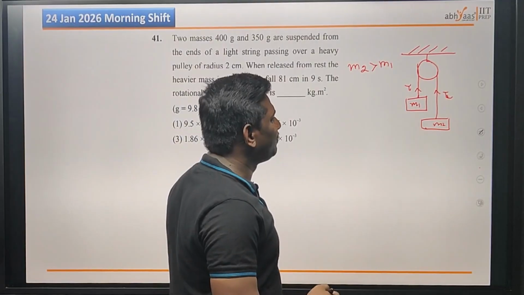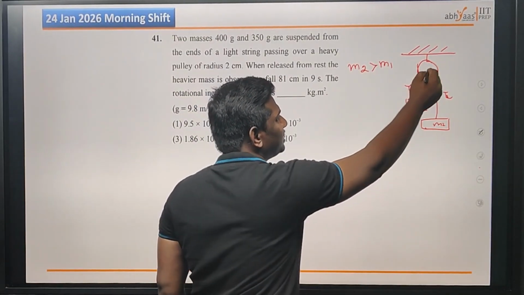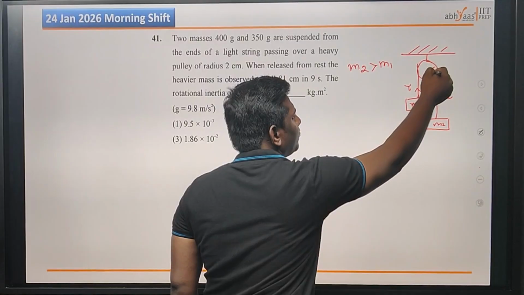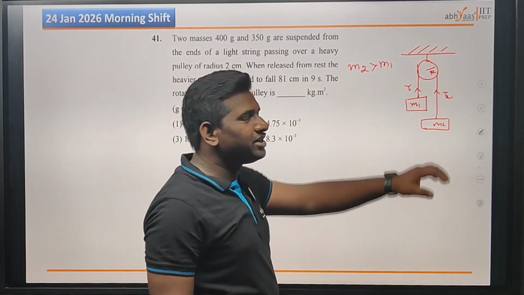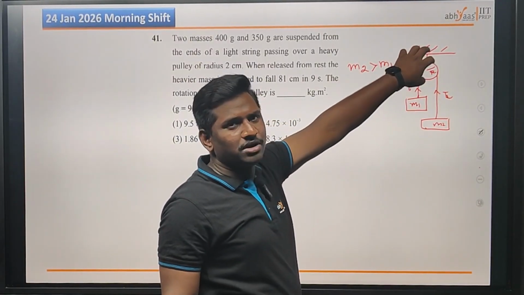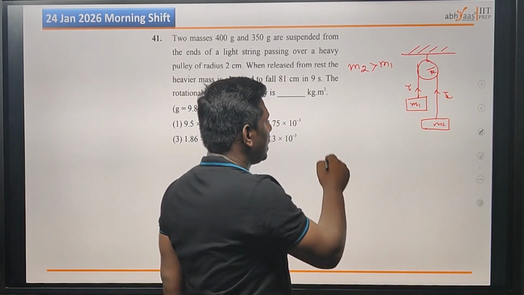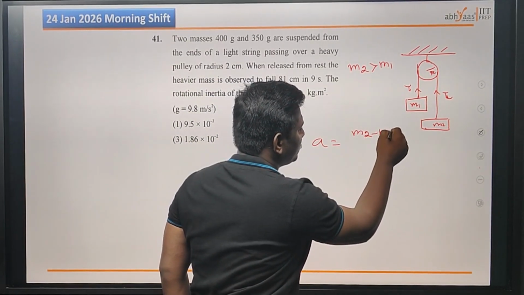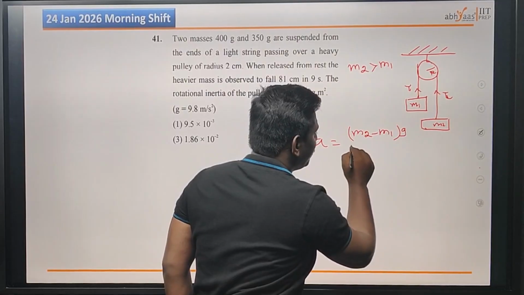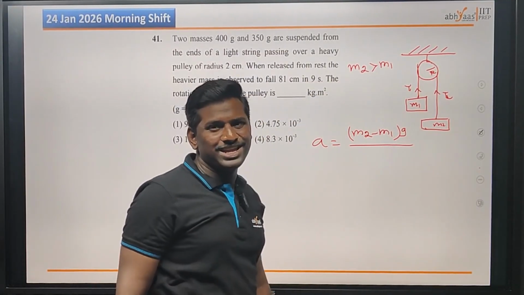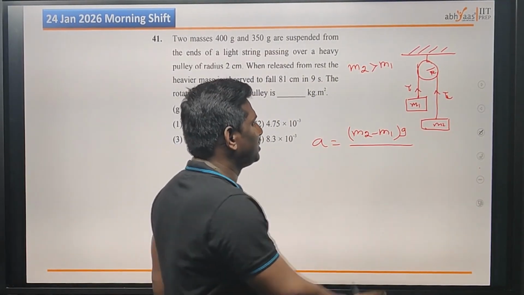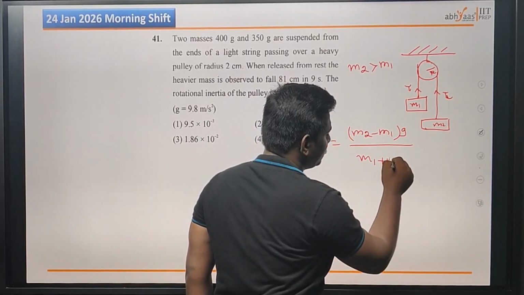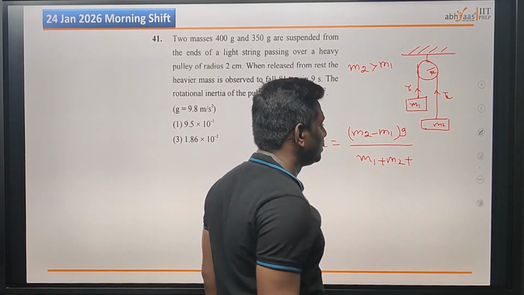What is the condition for acceleration in this system? Forget about the pulley. Acceleration can be written as m2 minus m1 into g by total mass. What is the total mass here? m1 plus m2 plus